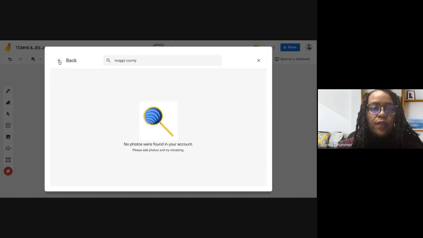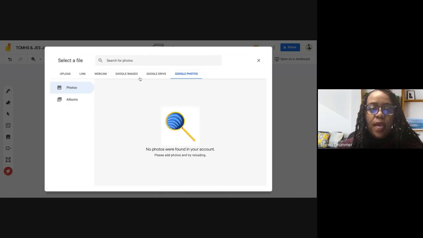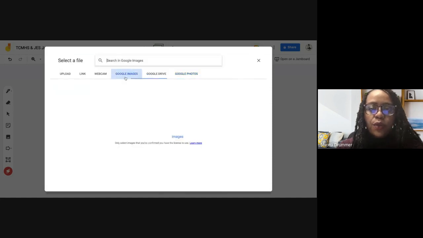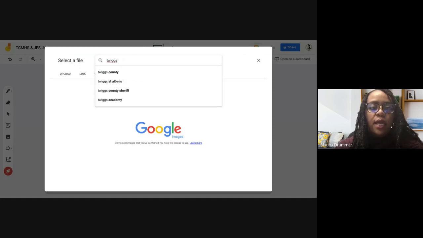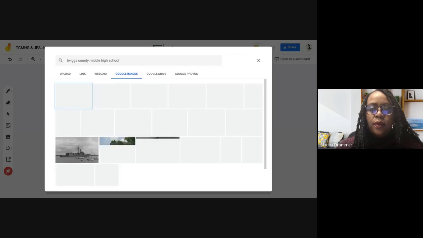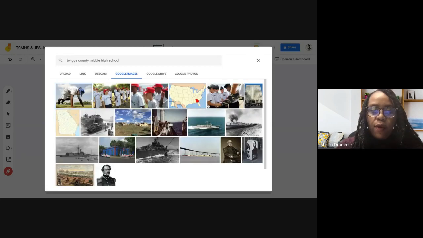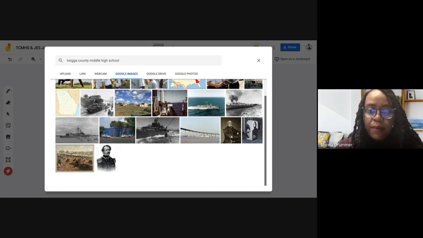We are going to go back and then go to Google Images and go to Twiggs County Middle school. We'll do middle high school. All right. Not sure where this Twiggs County is, but